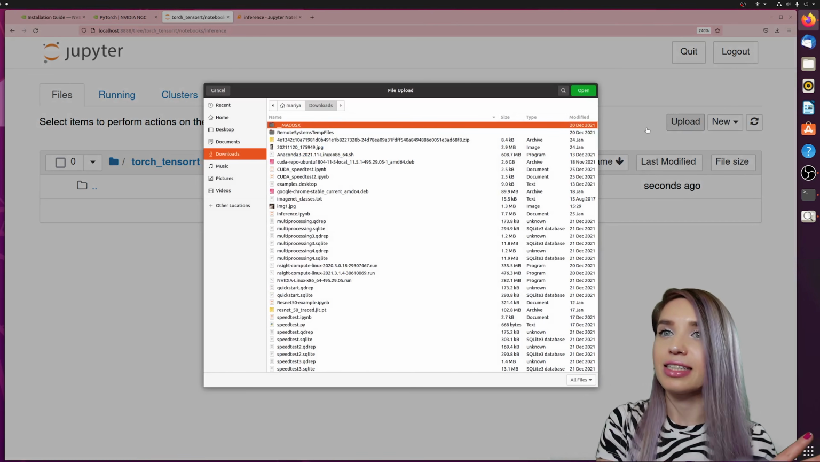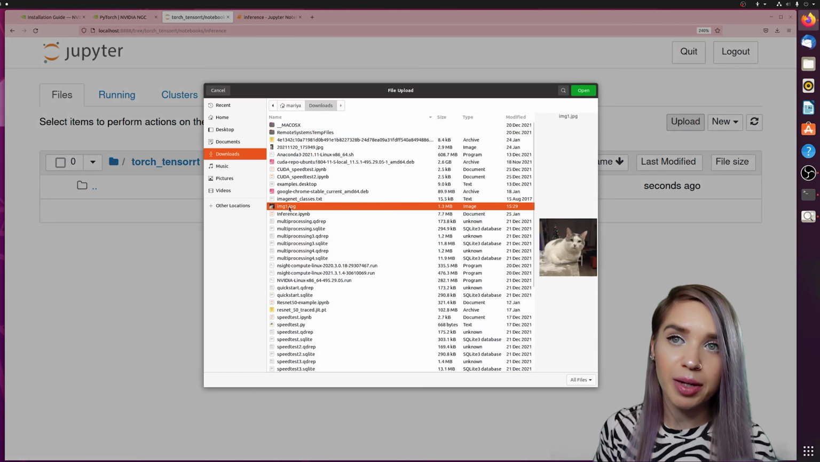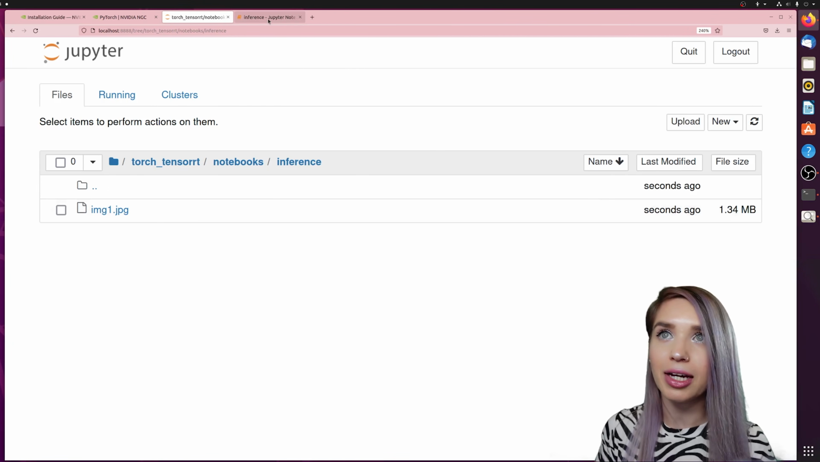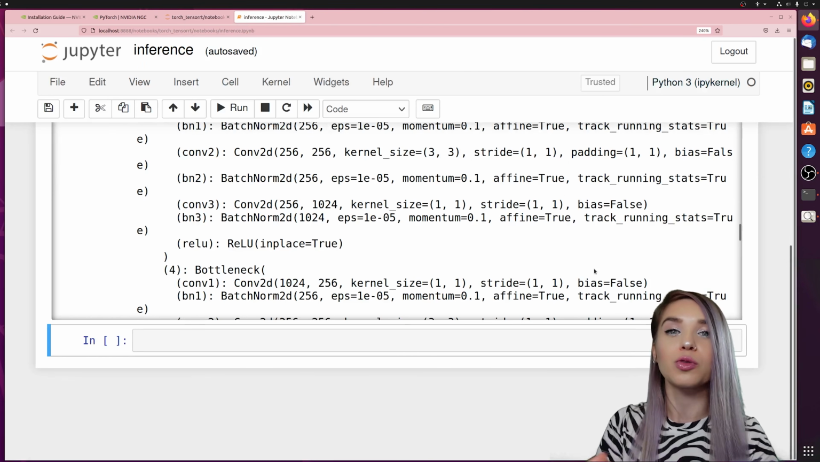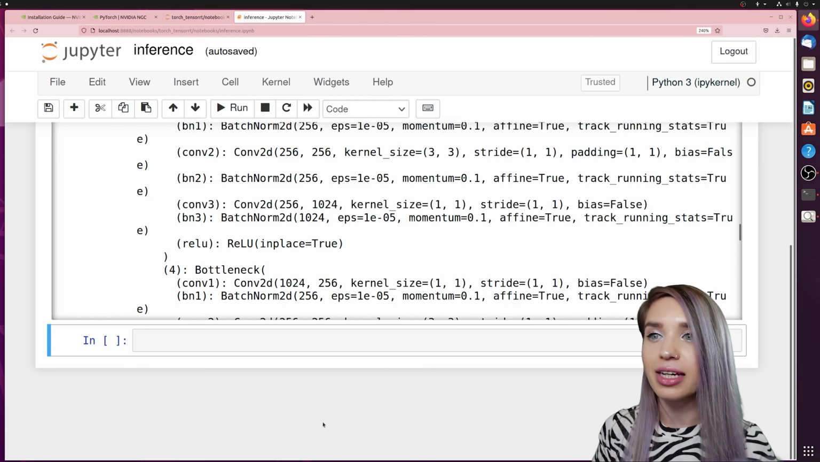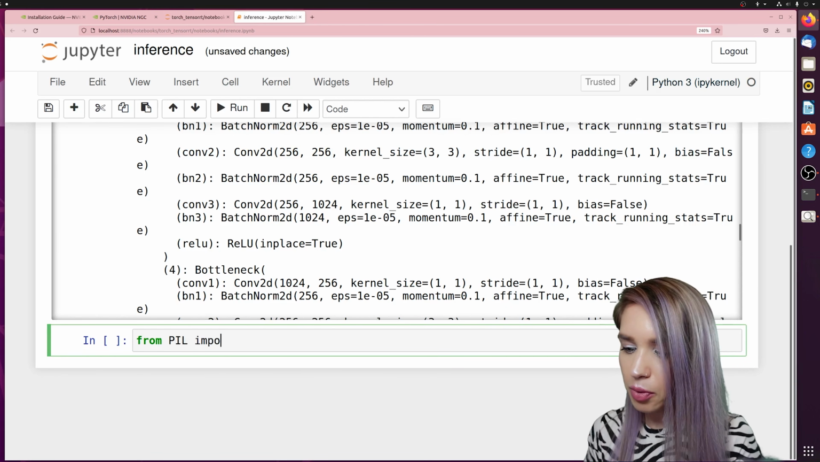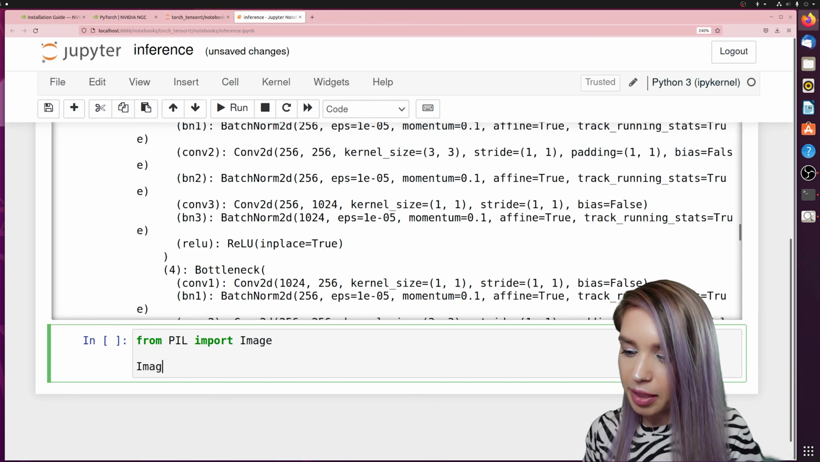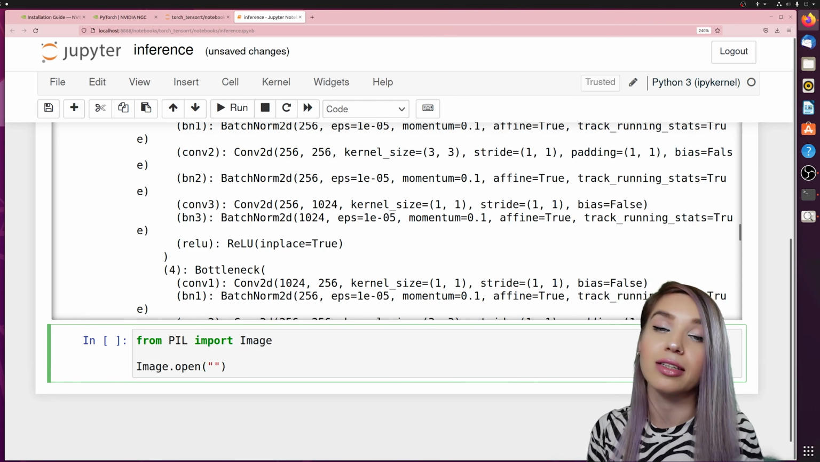Here we can select any image we'd like from our computer, in my case image1.jpg. Let's go ahead and upload it, and perfect! We can now go back to our notebook, where we will use the pillow module to load this image. So in the very last cell, we will type from PIL, as in pillow, import Image with a capital I. Then right below, we will type Image.open, and inside a set of round brackets, we will specify the location of